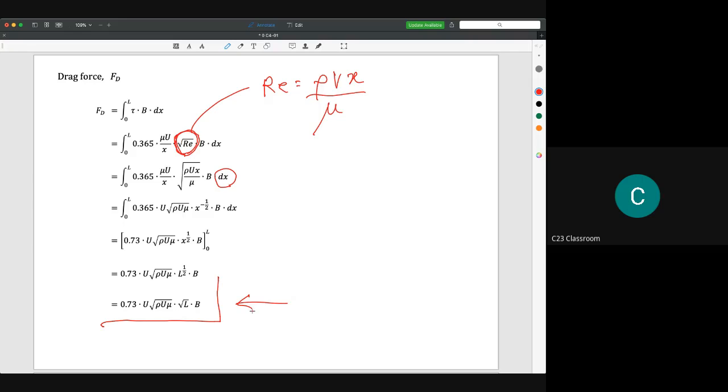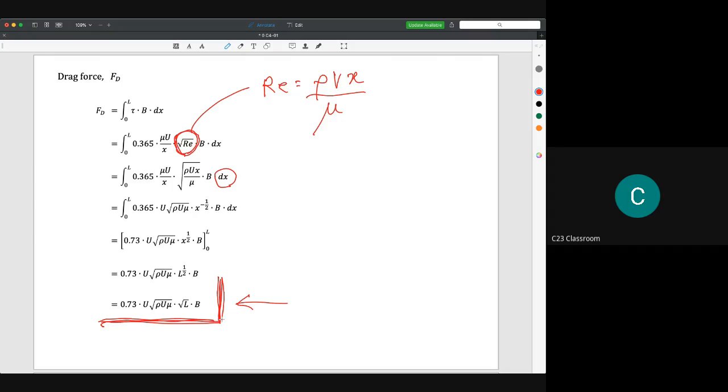with a quadratic velocity profile. This is only valid if your boundary layer is 100% laminar. We talk about that in chapters 5 and 6, when we calculate the condition of 100% turbulent or a mix between turbulent and laminar. So this is the drag force that occurs on that plate with